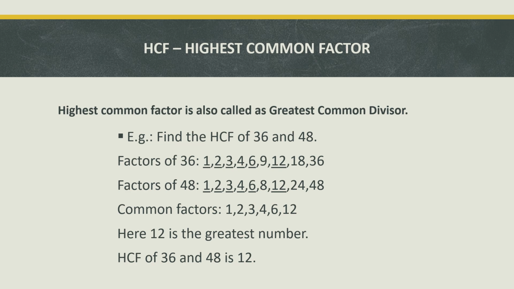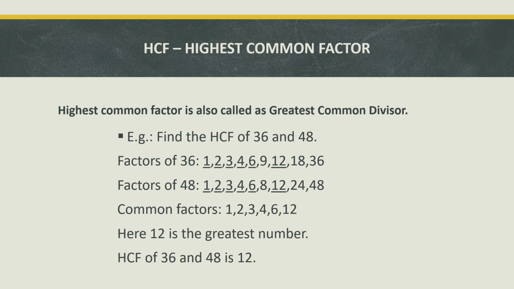So here we have an example to find the HCF of 36 and 48. So factors of 36, again 1 36 is 36, 2 18s are 36, 3 12s are 36, 4 9s are 36, and 6 6s are 36. I have written all the numbers. It's not a hard and fast rule to write every number in ascending order. No, you can write it together also. 1 36, 2 18, like this also you can write.